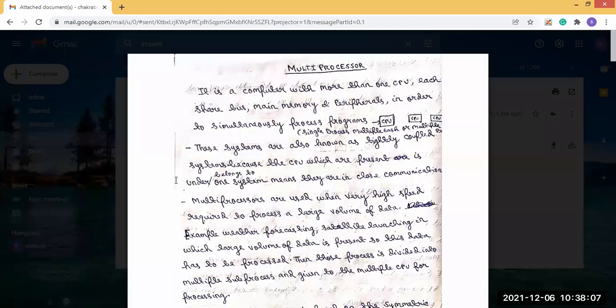And when is the multiprocessor used? We have already said that a multiprocessor is used when very high speed is required to process a large volume of data. Because if our amount of data is large and we have to process it in a small amount of time, then we use the multiprocessor system, because it will be very high speed, and in that very high speed we will efficiently execute the